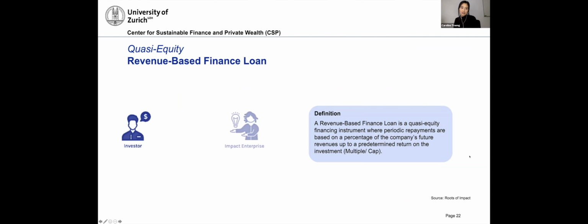So let's turn to the next instrument, which is quite different from the impact bond. It's the revenue-based finance loan. It's defined as a quasi-equity financing instrument where periodic repayments are based on a percentage of the company's future revenues up to a predetermined return on the investment, also called multiple. So the revenue-based finance loan allows the enterprise to raise capital from an investor. The investor, on the other hand, receives